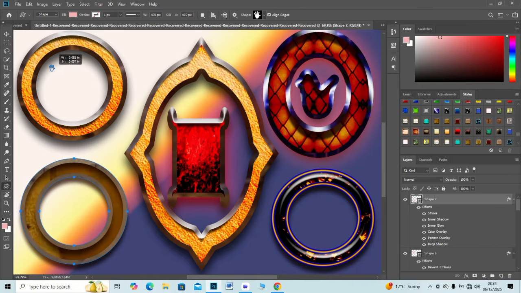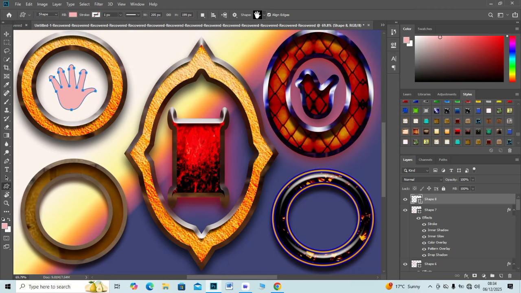Add brand initials in bold typography. Apply a neon glow for a futuristic touch. Use